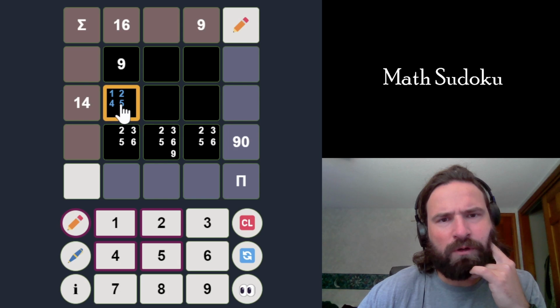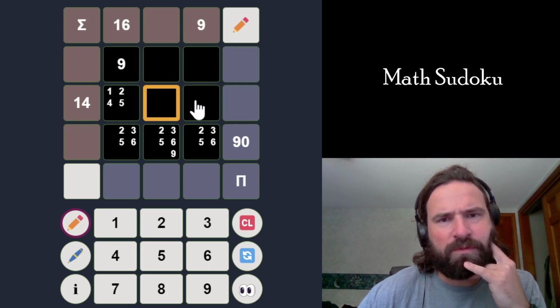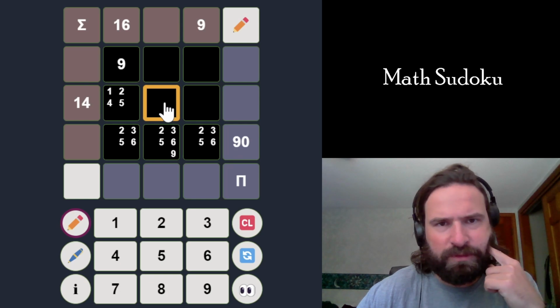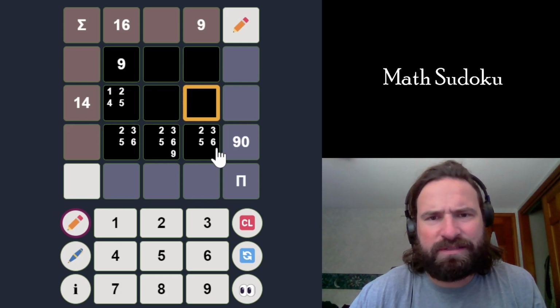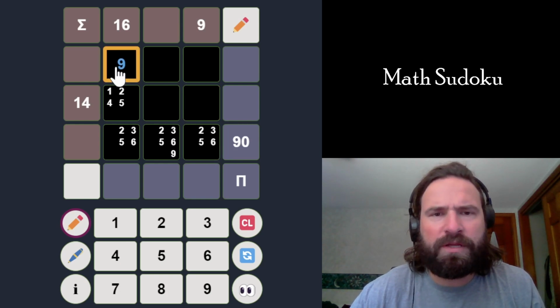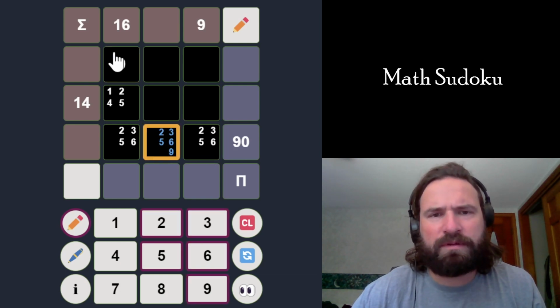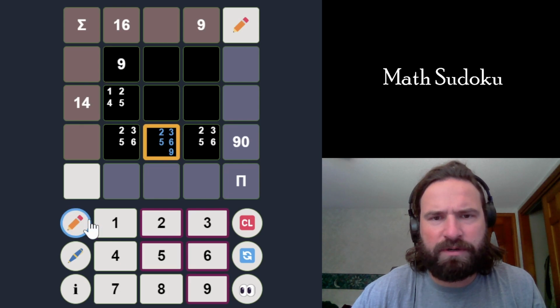If this was a 1, these two numbers would have to add to 13, which seems possible and is not restricting. Okay, so these numbers having to add to 9 is maybe interesting. That doesn't seem interesting, though. No, there already is a 9 in the puzzle. Okay, this can't be 9 because there's already a 9 in the puzzle, which probably restricts what the product